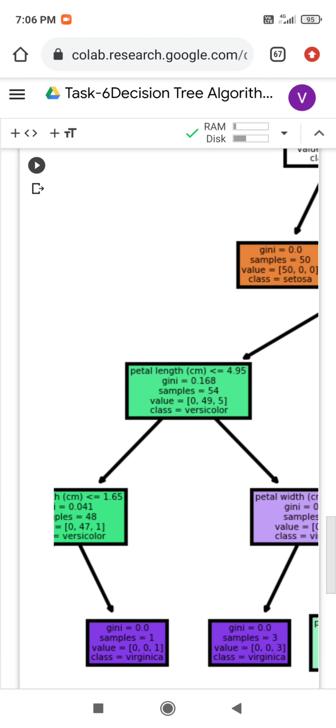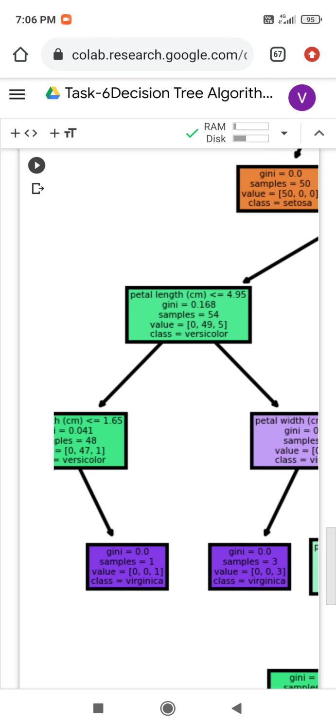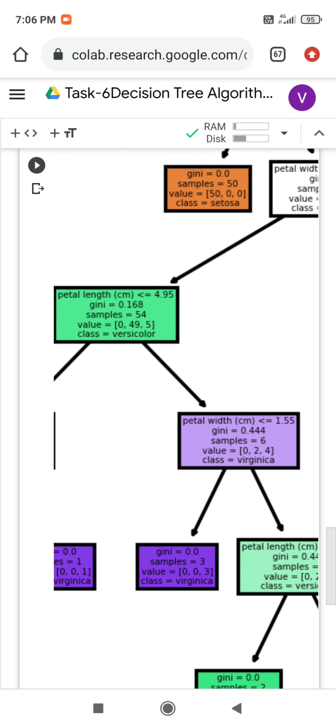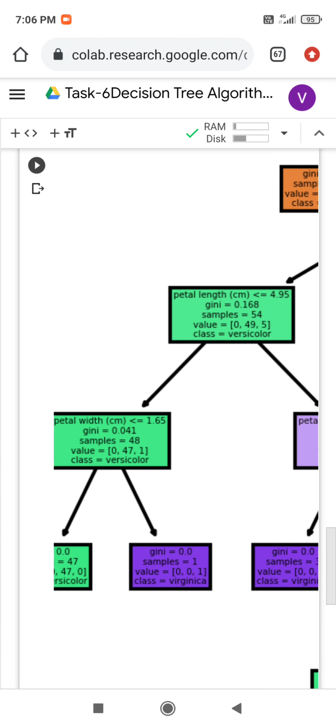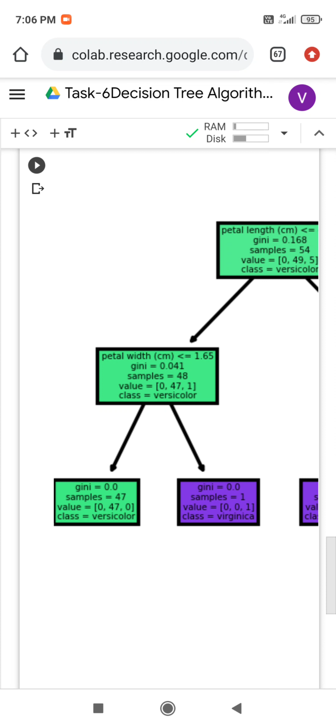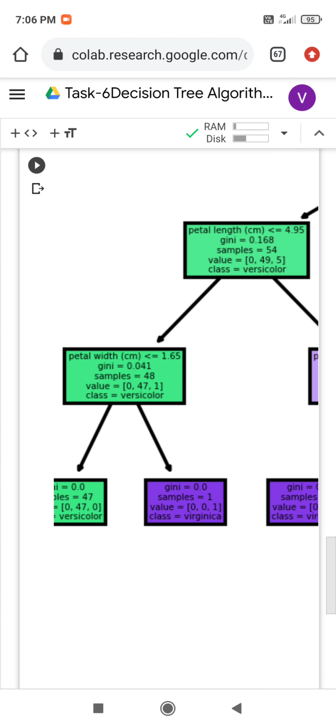In that, if the value is 0, 49, 5, it may be either versicolor or virginica. If the data value contains 0, 47, 1, it may be versicolor. If the data value contains 0, 47, 0, it is versicolor. If the value contains 0, 0, 1, it is virginica.